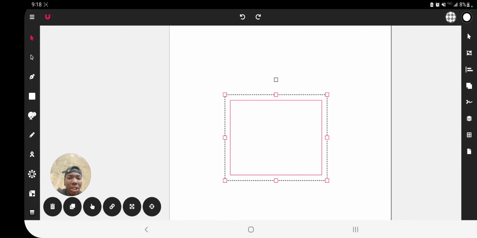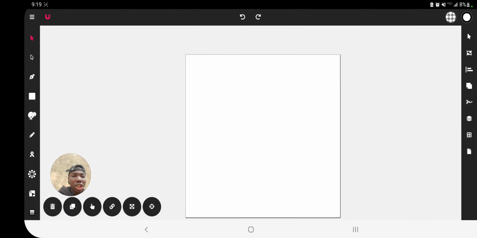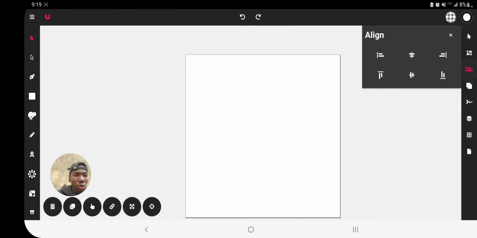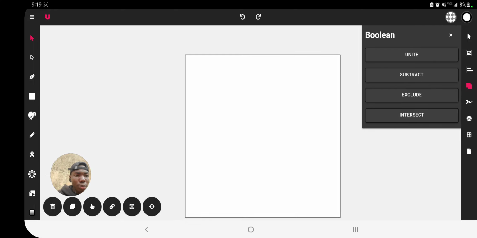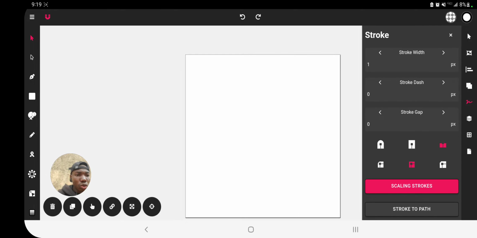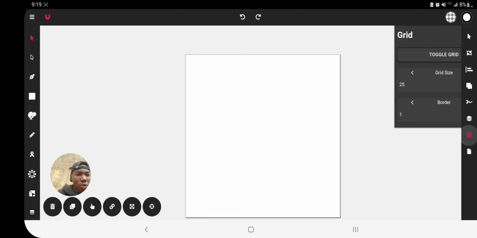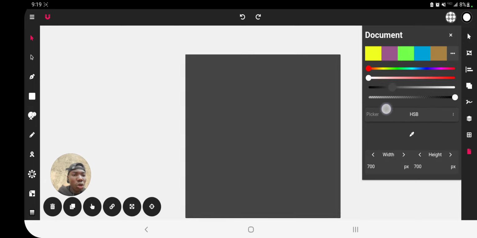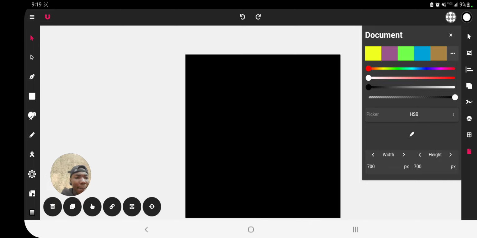You can use it to draw any simple shape, but then I want to change the background color. Now look at your right hand side. You're going to find out that there is a transform tool, the object tool, the align tool, boolean tool. You have the stroke tool, the layers tool, grid, and document. If I'm going to change the background color for my document, I'm going to be using this documents tool here,